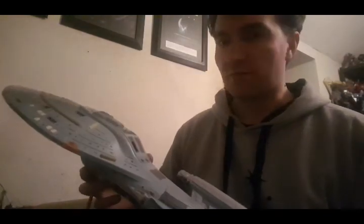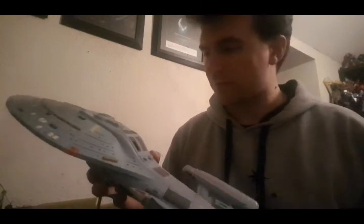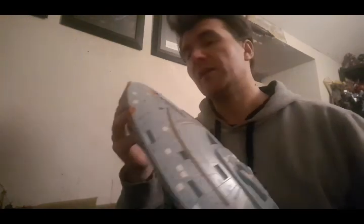What else? The Voyager. Let me just put you down there. Voyager's very nearly done. It's just a few of those teeny tiny decals. Here she is. So again, doesn't look all that different from last time I showed her off. There's a few bits and pieces still to do. It's all these teeny tiny little decals which I've been putting in random places rather than trying to follow the